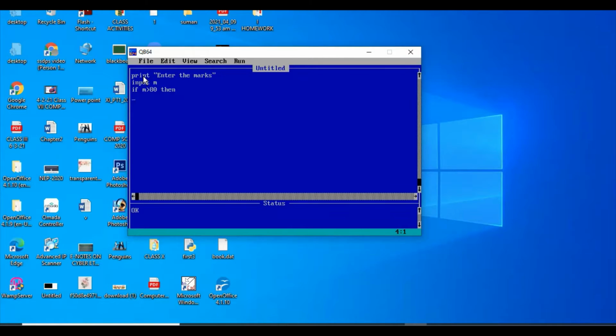Here I have placed the condition that if m is more than 80. In order to place the conditions, you need to know about relational operators, because I am making comparison here. मैं अपने मार्क्स को कंपेयर कर रहा हूं. क्या मार्क्स 80 से ज्यादा है, क्या मार्क्स 80 से कम है, क्या मार्क्स 80 के बराबर है.